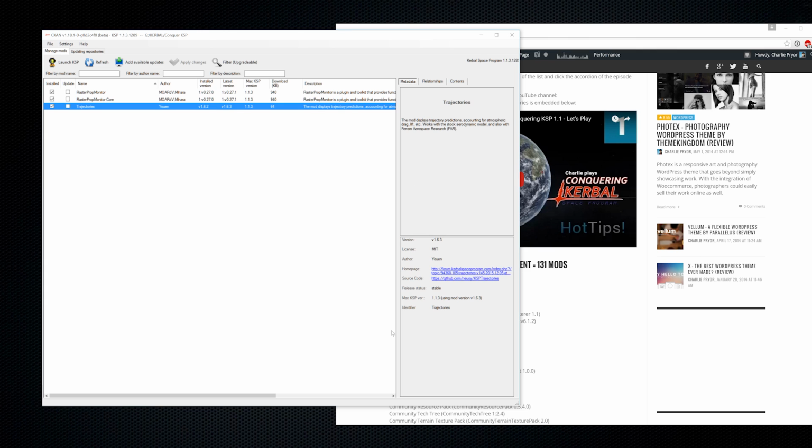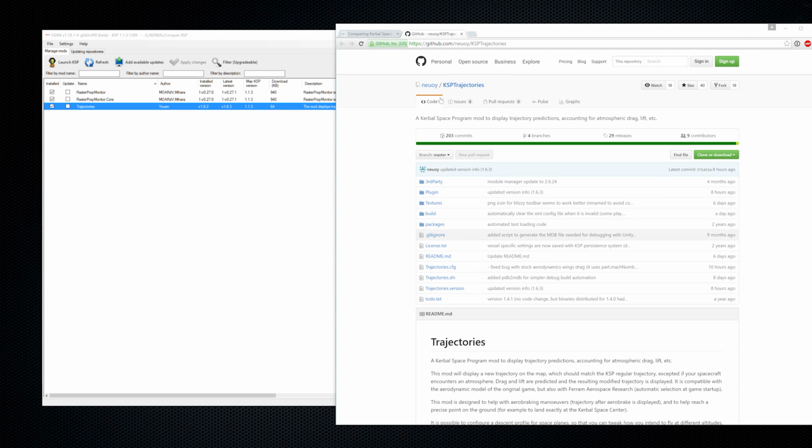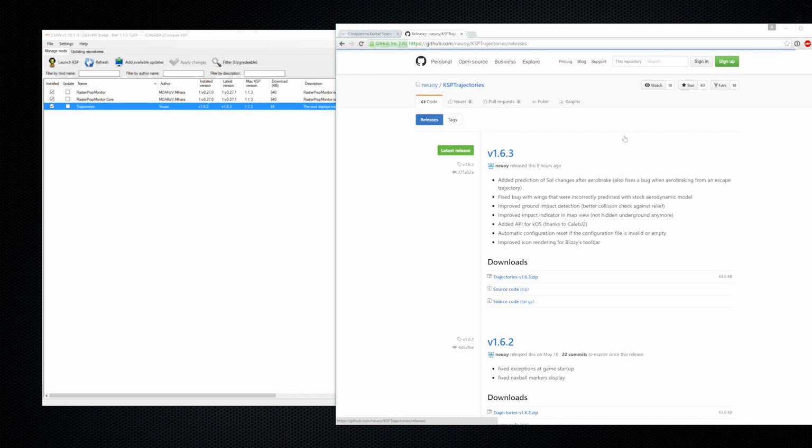Well, that's where I would go to the information down here. So let's go to the source code. This is the GitHub right here. Click the GitHub link, and it takes you to the GitHub directory, which is just like what we saw for Ferram Aerospace Research, but this is for Trajectories now. Let's go to the releases, and I can see the latest version, 1.6.3, is right here. And here's bullet points of everything that's been fixed or changed. Now I can look at this and say, do I care about these changes? If I don't care about these changes, I don't update,